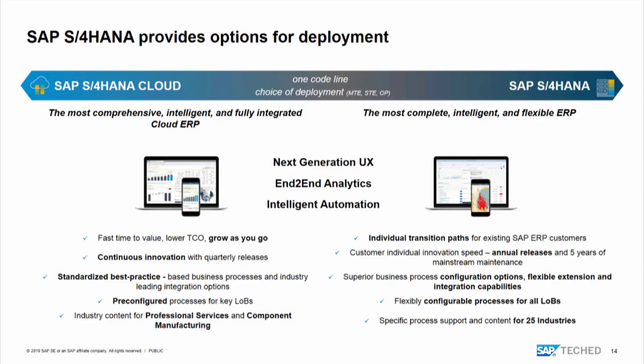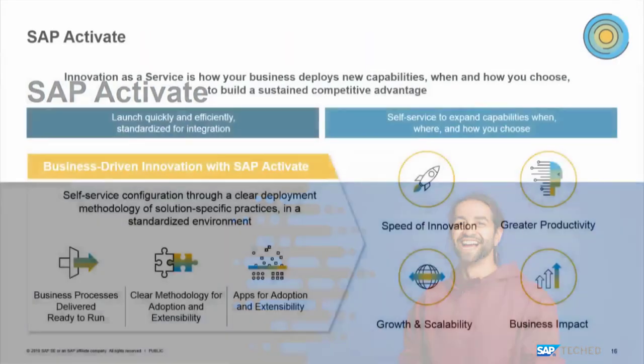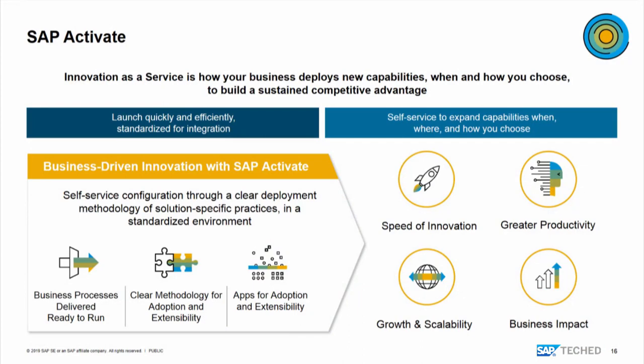And I think that this is something that when you look into the products, you need to look into standardization, you need to look into the reduction of TCO, the quarterly upgrades, but you also need to look into the functional depth that you need, right? And that is basically where SAP is offering one or the other. Both of them are very strong, very complete, and then they have just different functional depths into what you can do. Now, the topic I want to discuss now, that I provide this overview, is